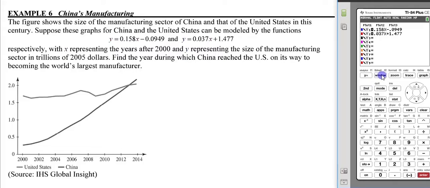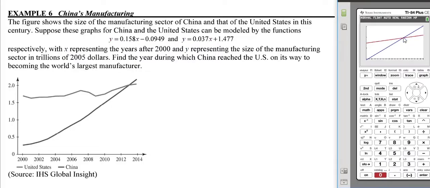So let's change our window to 0 to 20 so that we fit at least all those years in, and we'll do a zoom fit. Nice, you can see the intersection there. So you calculate the intersection, enter, enter, enter, and at about 13 years,